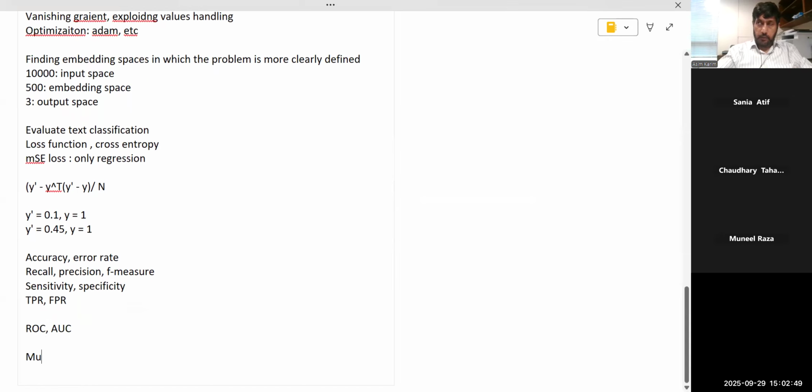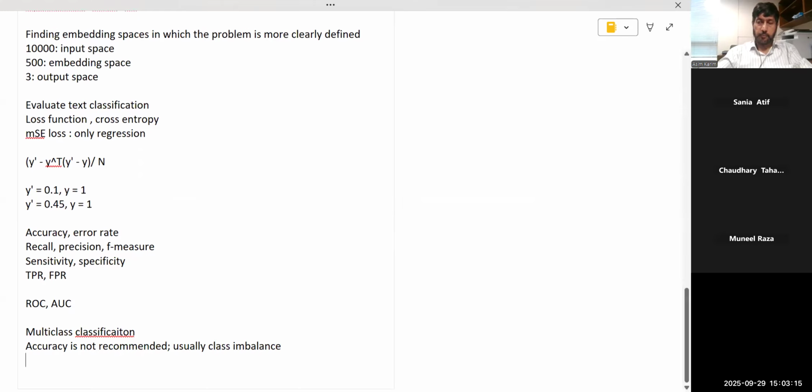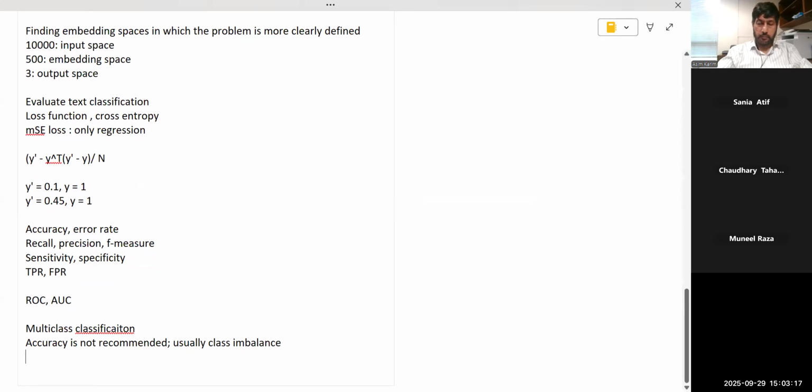Okay, what about multi-class classification? So इसमें obviously accuracy आप use कर सकते हैं, but again accuracy generally is less recommended. It's not recommended. Although एक measure आप कर सकते हैं, but why is it not recommended? So usually class imbalance होती है आपके पास. So accuracy would kind of mislead you. So for example, आपके पास